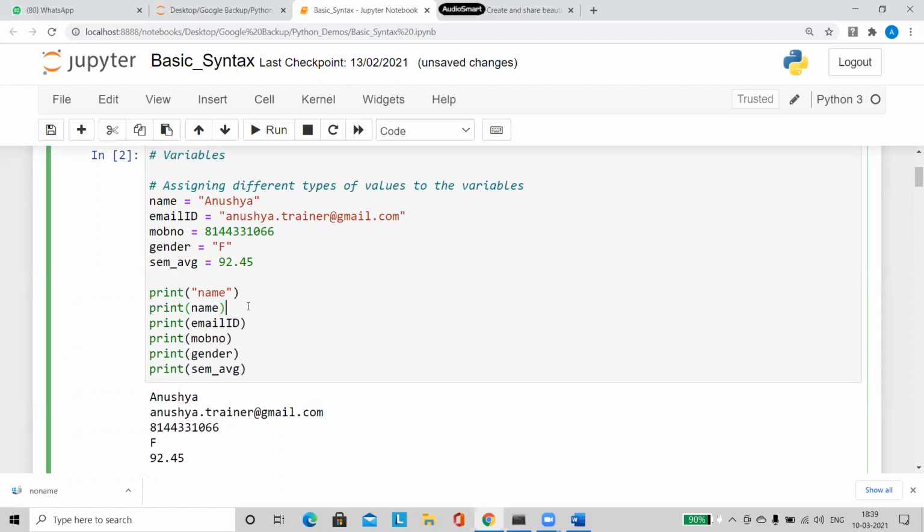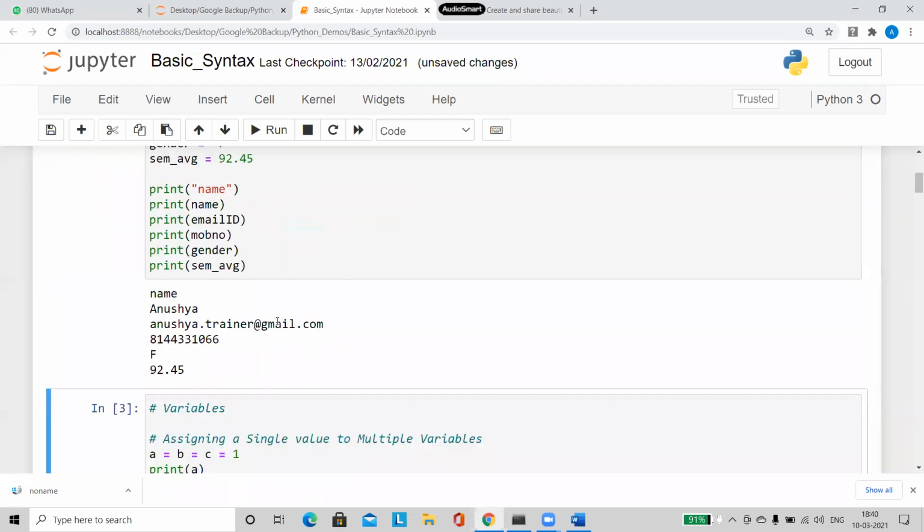Be very careful. This is a variable name, but if you put it within double quotes, it becomes a string value. Whatever is given within double quotes inside the print statement will just get printed.